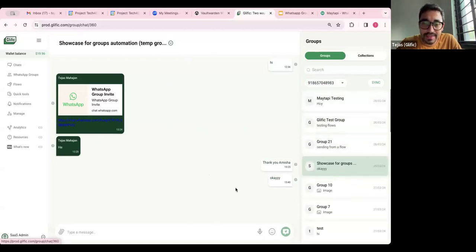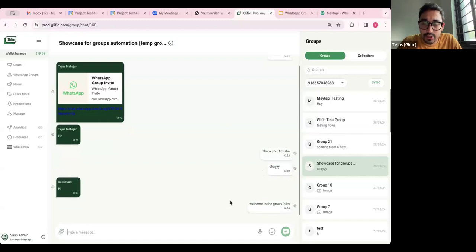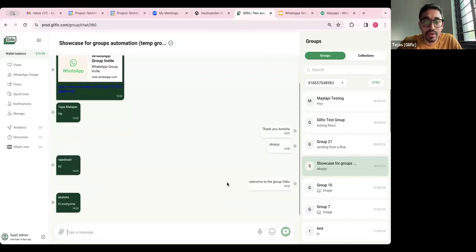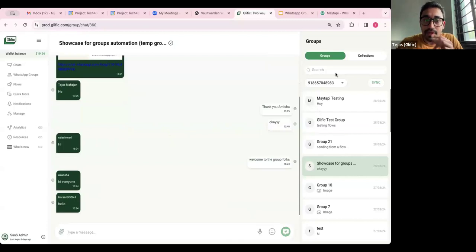You can feel free to send a message in the group, maybe sending hi or test, and I can also show you from here. So this is like any normal thing that would happen, right? Whatever you are sending, I'm receiving, and I'm able to see it on the platform. And whatever I'm sending, you are able to receive. So far it's fairly simple and straightforward.